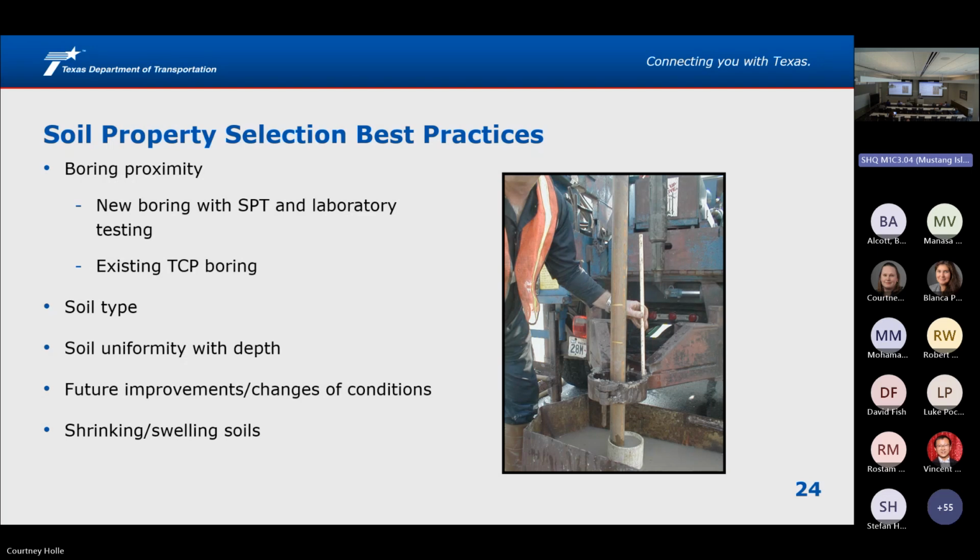Looking at soil type, this is a question that I get a lot. Some of the standards are split between clay and sand. So which one do I pick? Well, as always, there aren't that many places in Texas that have a pure sand or a pure clay. It's usually somewhere in the middle. Again, if there's any question about that, or any gray area there, it's often better to look at it and ask, does it make sense for me to take the more conservative approach? That can often be the answer.